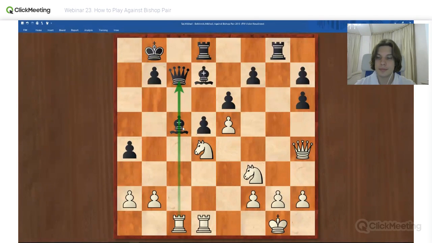What do you think? B4. B4, and what if he takes en passant? Knight takes b3.